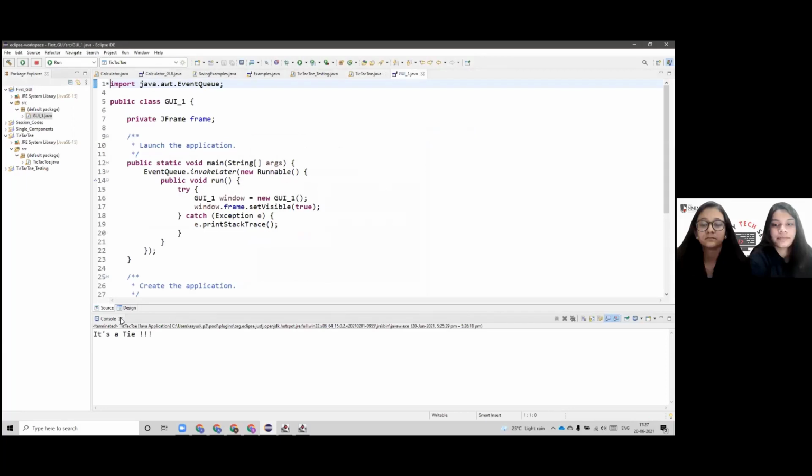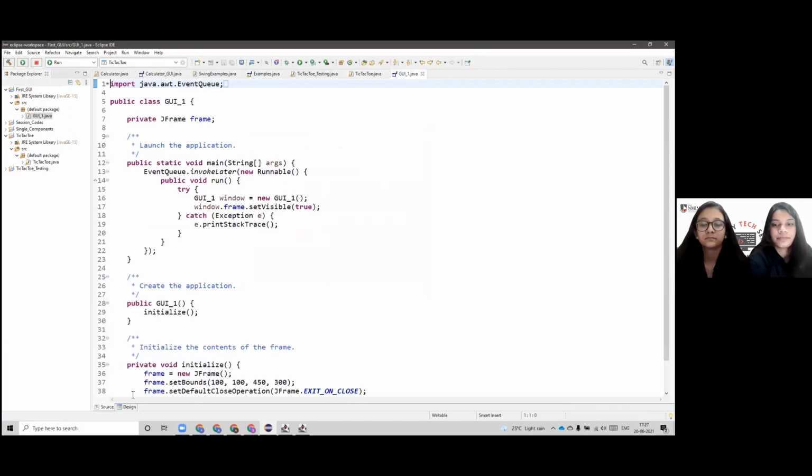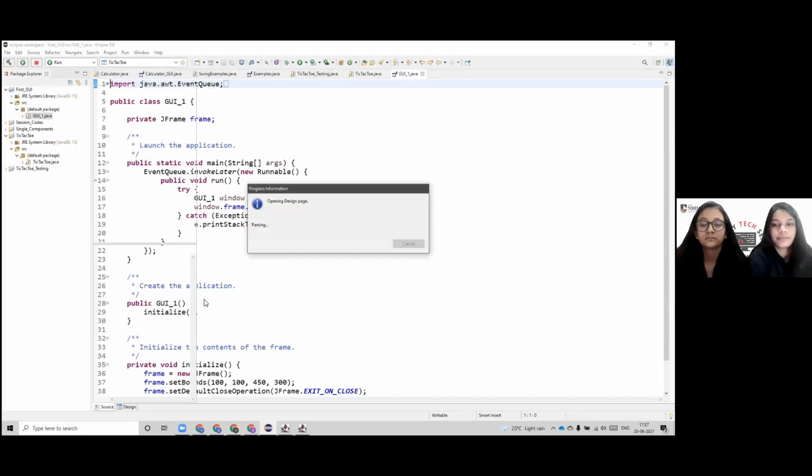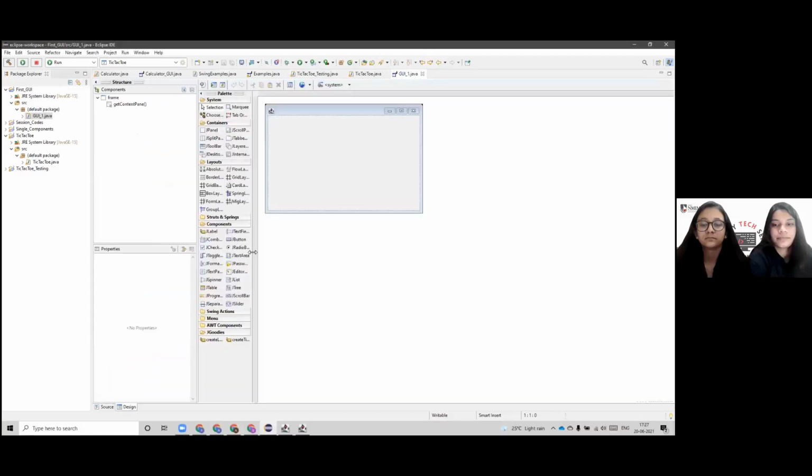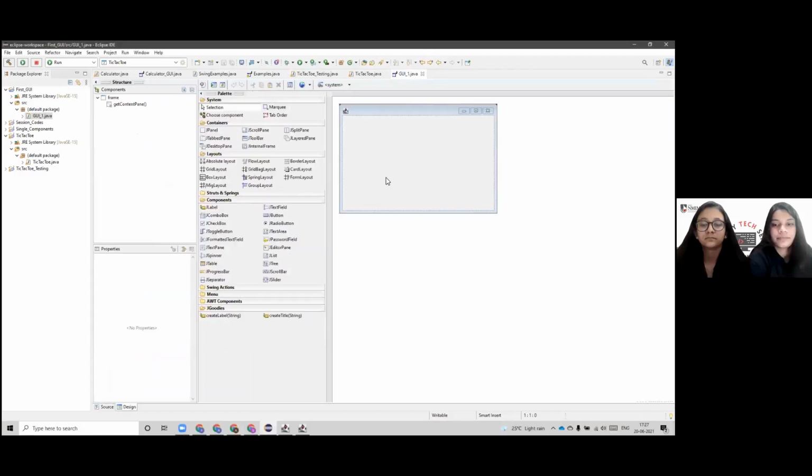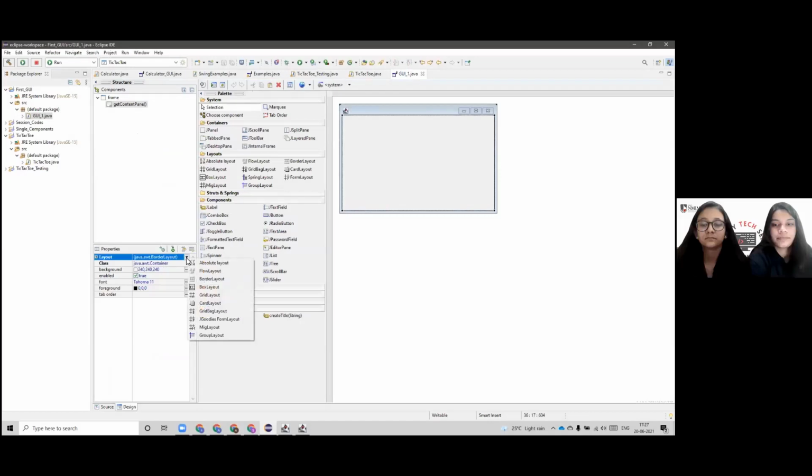As you can see here we have a window with two tabs, that is source and design. On clicking design, it takes us to another window, and over here we can change the layout of the frame, so that will change to absolute layout by just clicking on a drop down list.